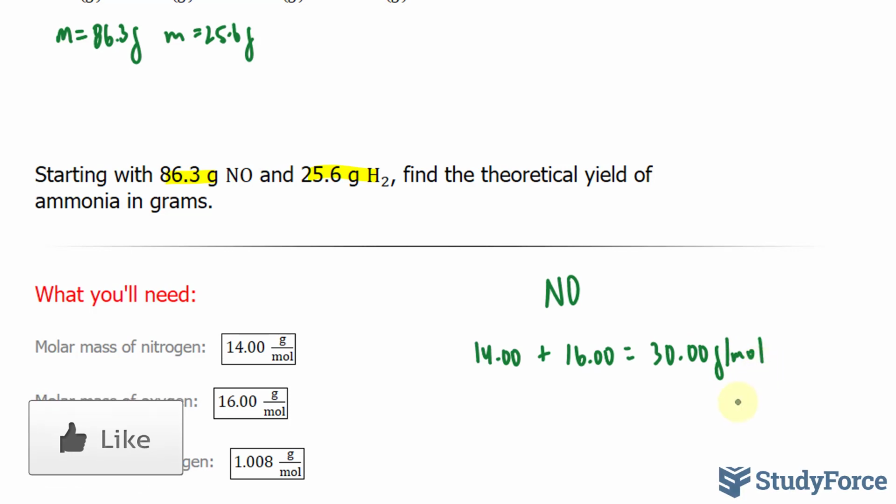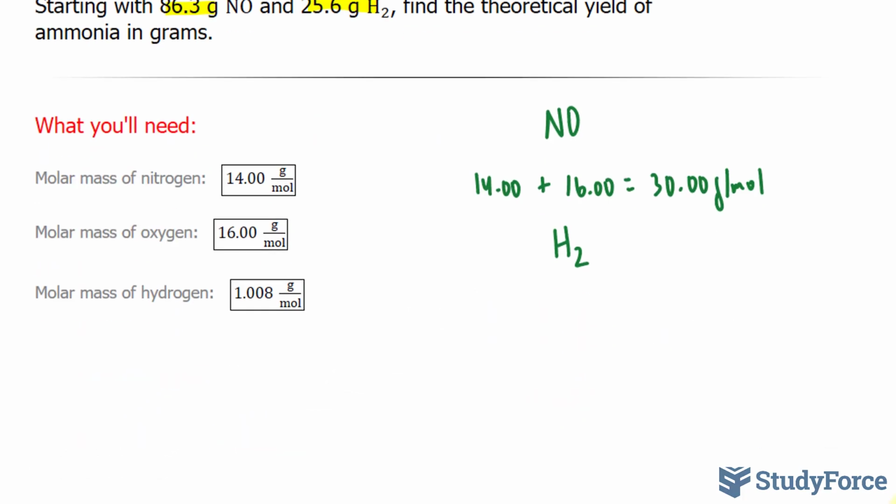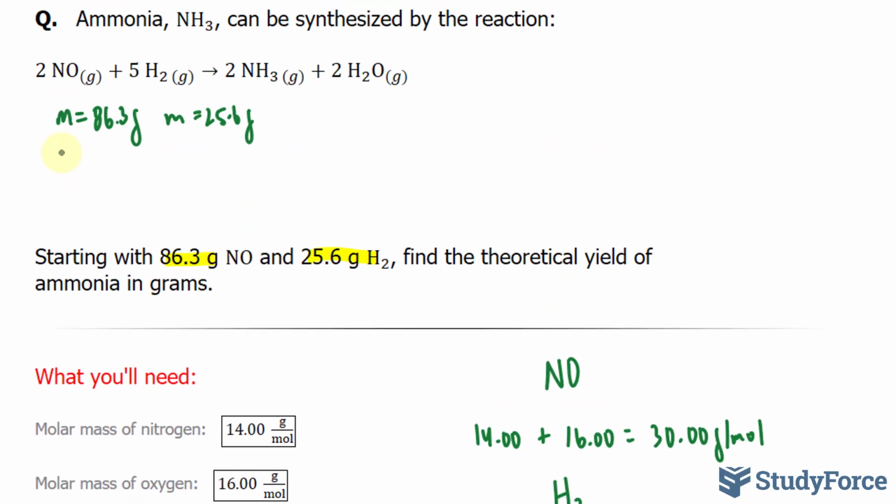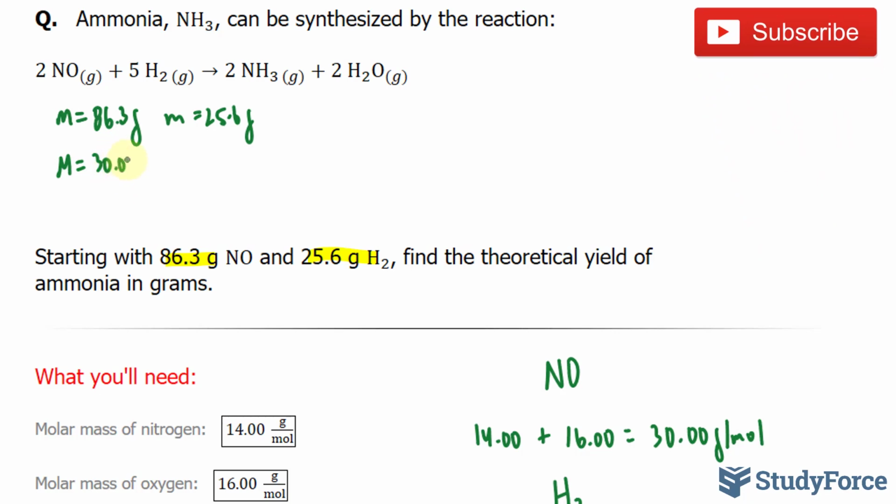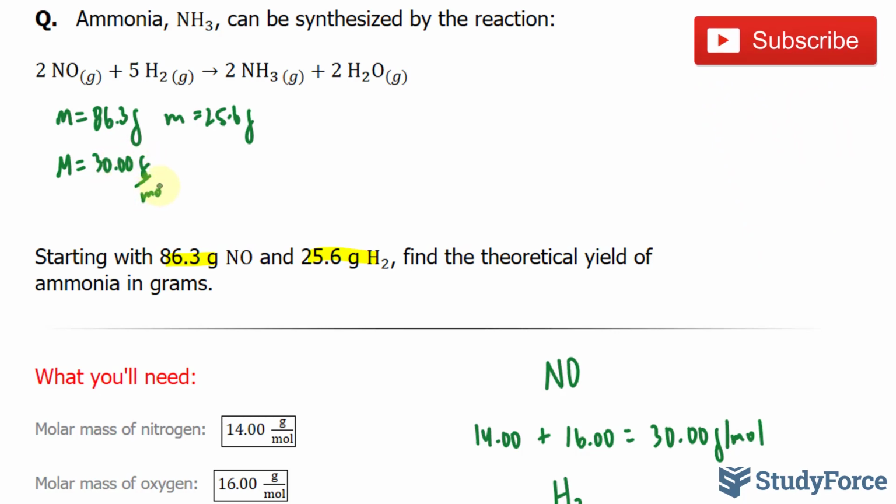And the molar mass of H2 is this number multiplied by 2: 1.008 times 2, and this number is equal to 2.016, and you can use your calculator to verify that. I'll write these numbers underneath as well. So here I have a molar mass, and I'll use the capital letter M for that, 30.00 grams per mole. The capital letter M here as well,